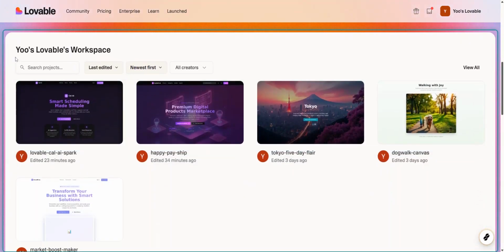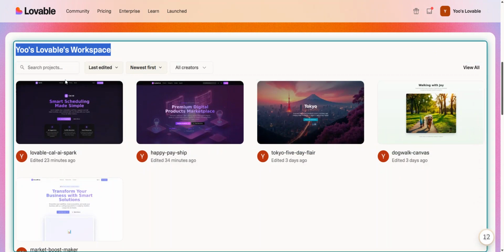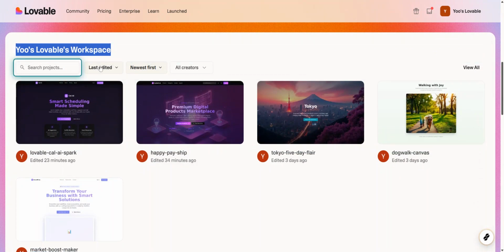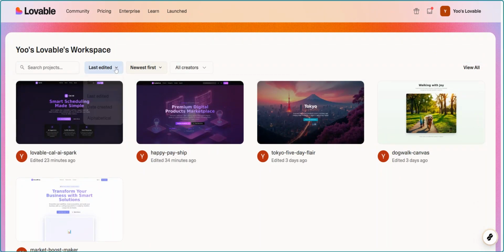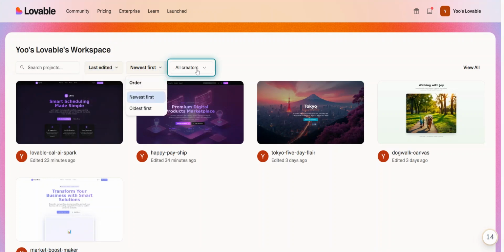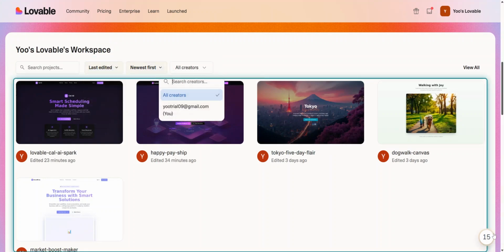After this, it's a good idea to click on View All. This action unveils the full array of available projects and options within your workspace. You don't want to miss out on seeing everything that's on offer. Within the workspace, let's start by clicking on the project title